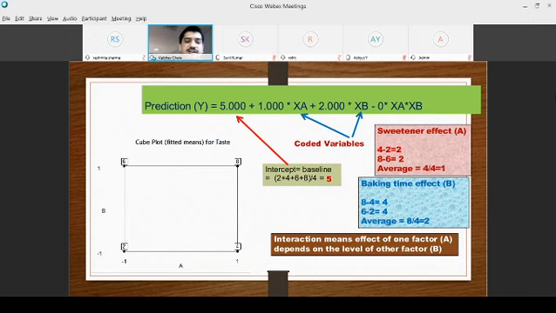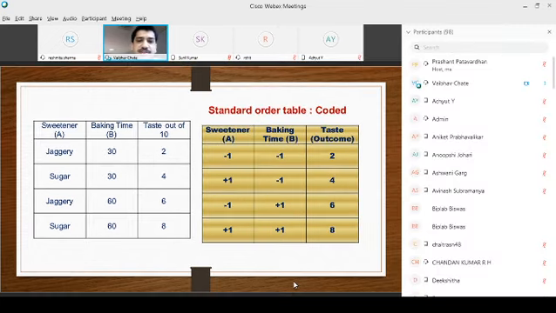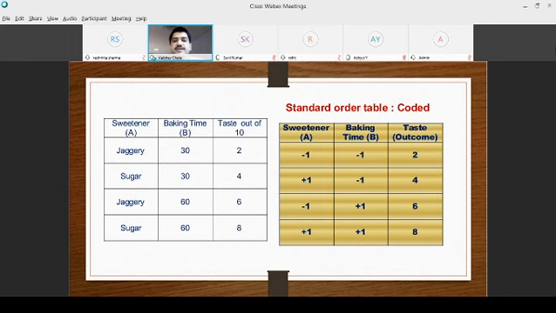That means as per the standard order, if you have incorporated the values in the table, you are going to write it as a cube plot directly. 2 at this place, 4 at this place, 6 and 8. Now based on this, what is your interpretation? The interpretation is very important. It's not about conducting the experiment or incorporating the values of the outcome in a standard order. It's all about interpretation. Your journals will get published if and only if you can justify the answers and give proper justification for the answer, and you are going to interpret.